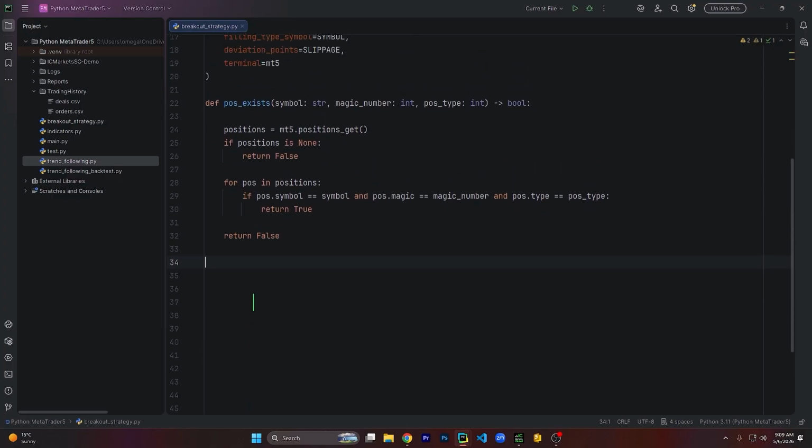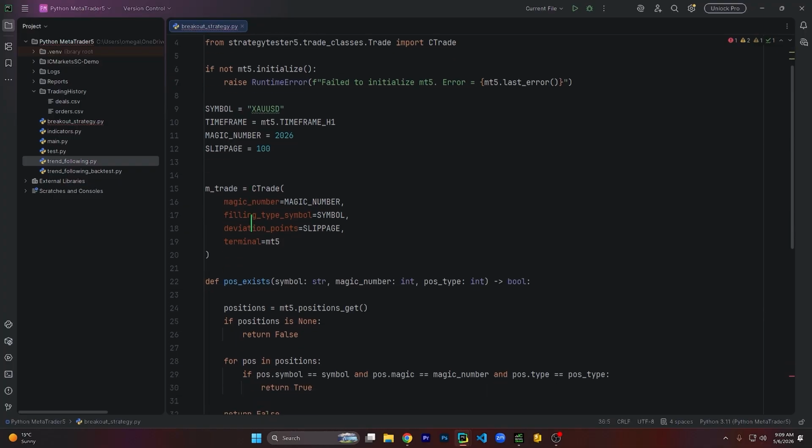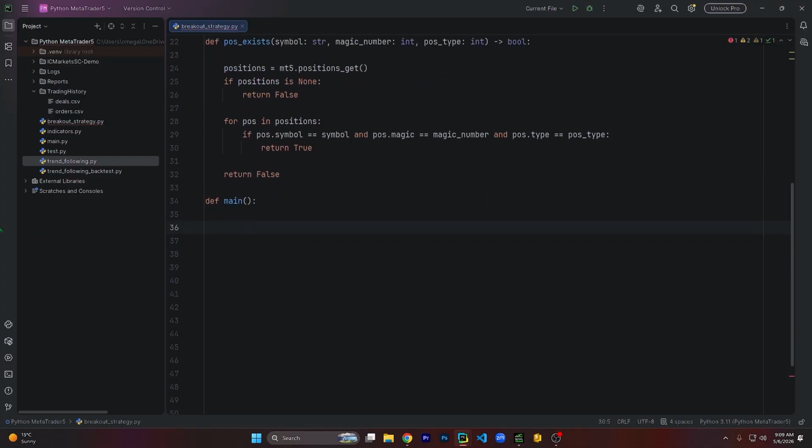Then let's define the main function. This is when all the trading actions will take place. Then from the main method, let's define the rates data frame. This time we do not want to repeat the same mistake which made our program slower. So we have to